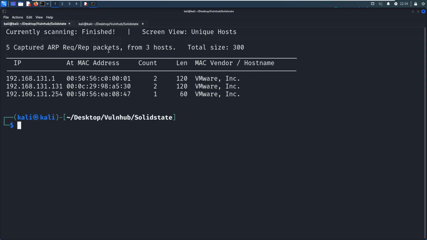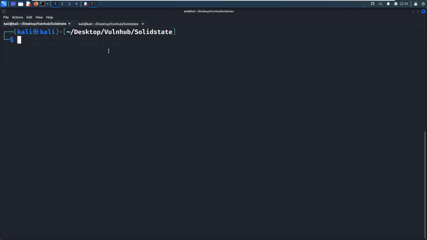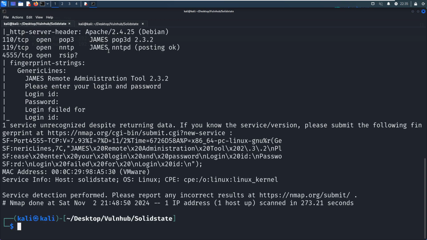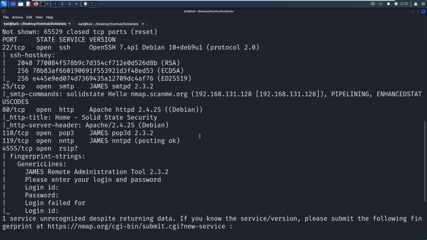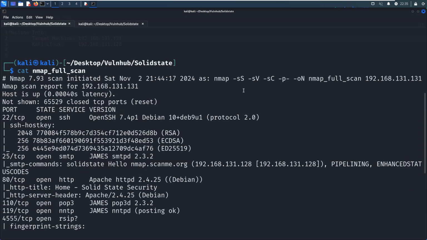So what shall we do next? We need to do port and service scanning with Nmap. To save time of this video, I've already completed it before, so for now we just get out its result. As you can see over here, I used the options like the SYN scan, the version scan, the default script scan, followed by -p- to do the full range port scan. The last option for all is -oN to output the result into this file.